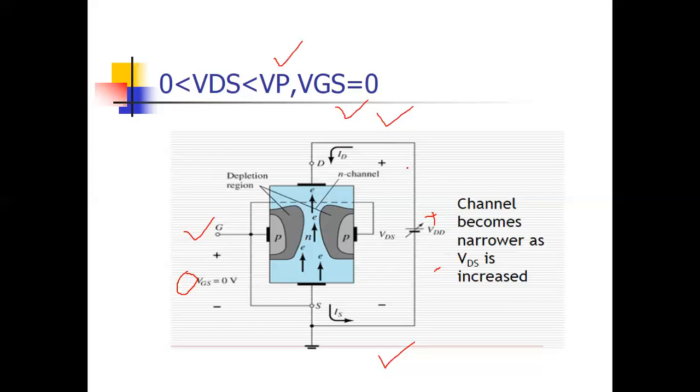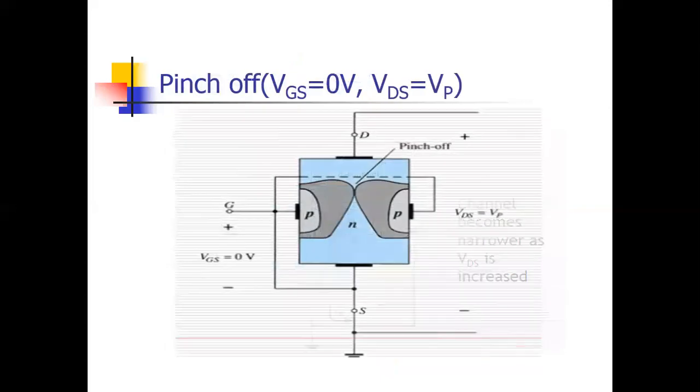So what will happen when pinch off voltage occurs? We are again increasing the voltage. If we increase this voltage, the electrons will come at a faster speed and the current increases. When the voltage increases again, electrons come faster, and the current increases again. And this particular region starts to increase. What will happen at one point? These 2 points will join, which means the channel thickness, or channel width, becomes 0.